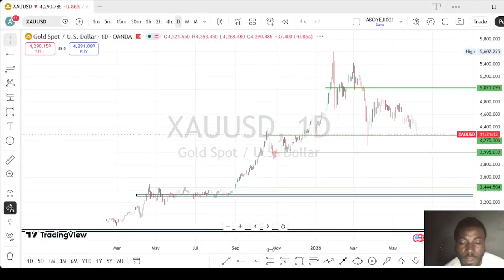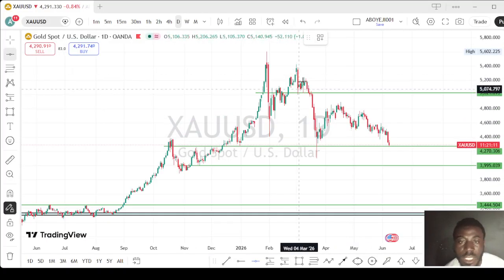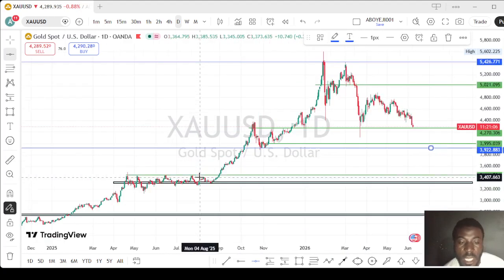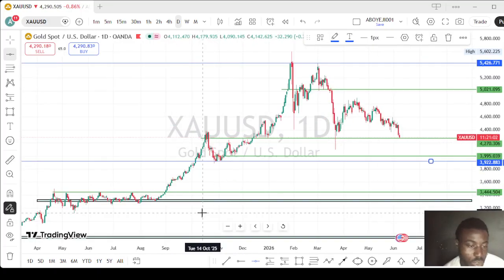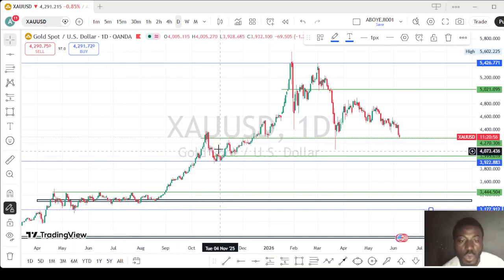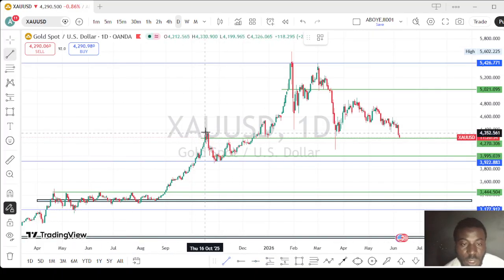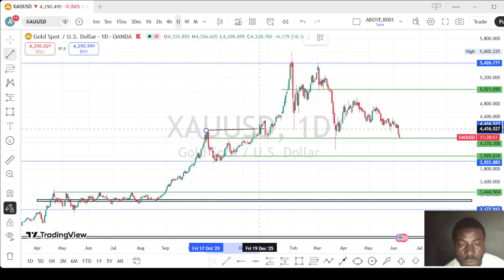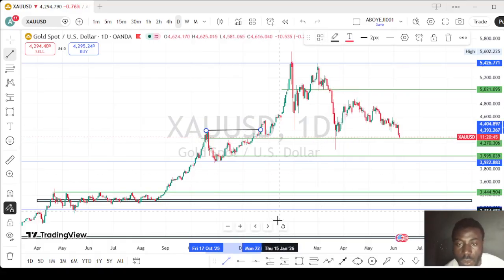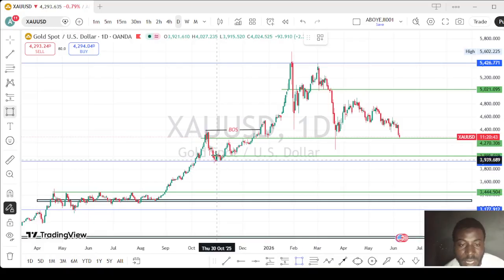What we do on daily time frame is not too much. This is our swing high here, and this is our swing low here, and this is another swing low here. You can see this is another swing low over here. You can see this is another swing low here, in which this is demand. So this is the last break of structure on daily time frame. Break of structure, and this is our demand zone.